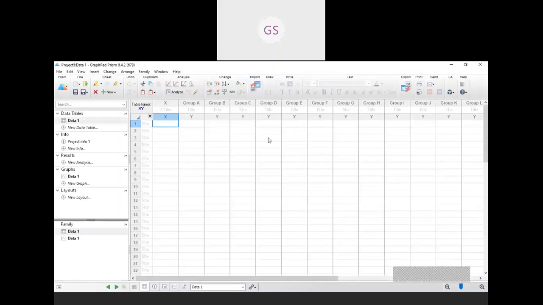so this is a new platform for us. So here the x title is there and the y title is there. So many groups are there. It depends on you how many groups you want, or if you want one group, okay. If you want group B, group C, group D, it depends on you. Just you have to write here x and y values, and then you can create a graph.